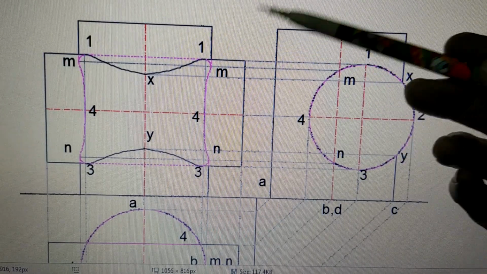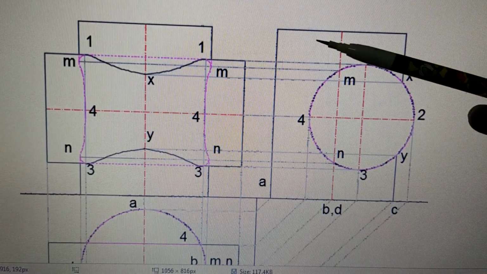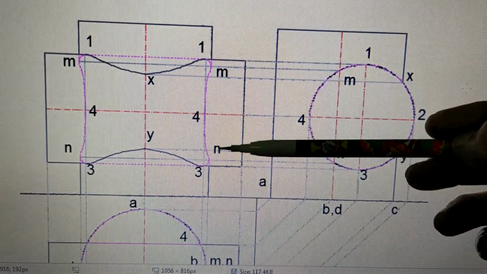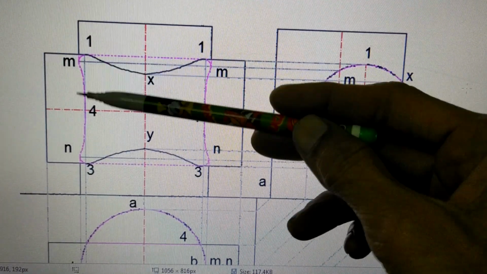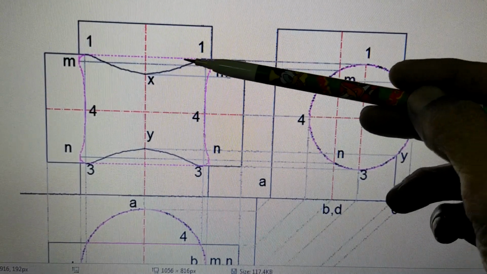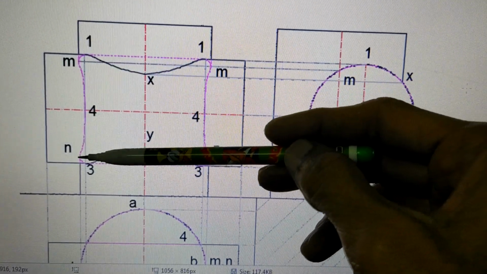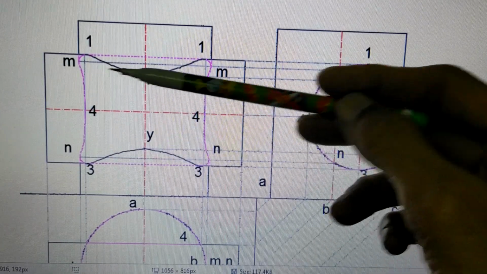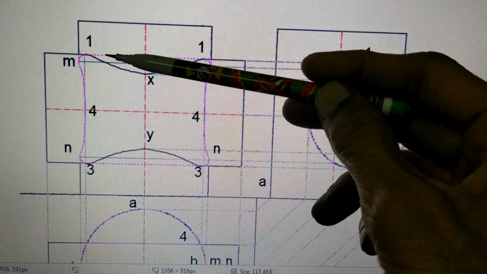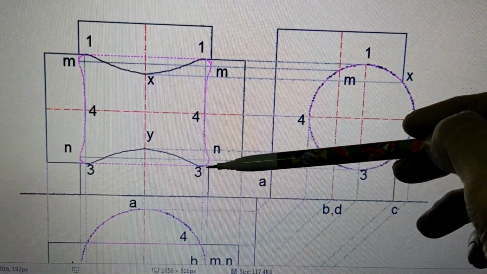So this is the way we have drawn the intersection of one cylinder with another cylinder. No edges, no corners anywhere, and this is the curve of intersection. What is black is on the front side. What is shown in this magenta color is on the back side, or not seen. Therefore it is all dotted lines.